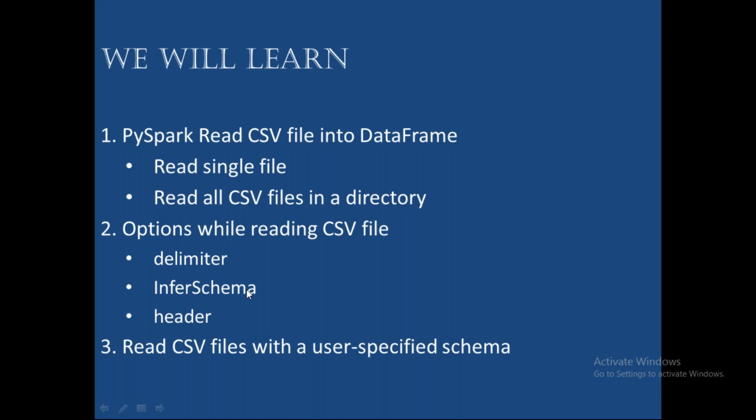We need to hard code the schema. We know what data type of first column we are expecting, what data type of second column we are expecting. So we need to pass this user specified schema dynamically. For each table you can prepare a schema and pass it dynamically. When you are reading a CSV file, you can tell Spark, you don't need to scan the data to identify the data type of each column. I already know the data type of each column. Please consider the given specified schema, and from it identify the data type of each column.